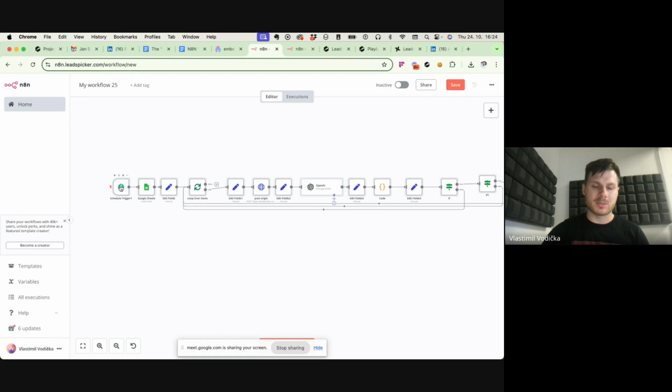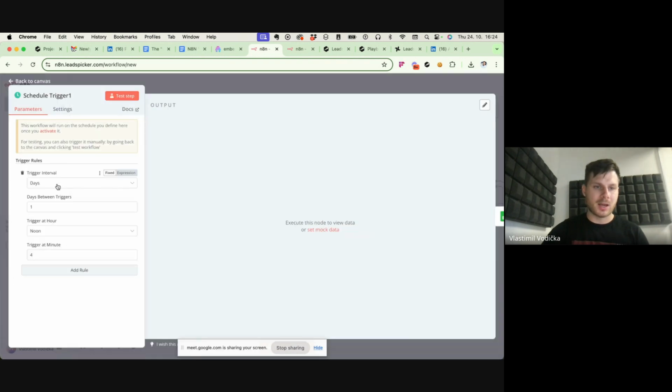The first node is the trigger, and I'm shooting this API every day at, let's say, 1 p.m. for example. This is up to you, how often you want to run this API call. I do this once a day for this particular use case, but